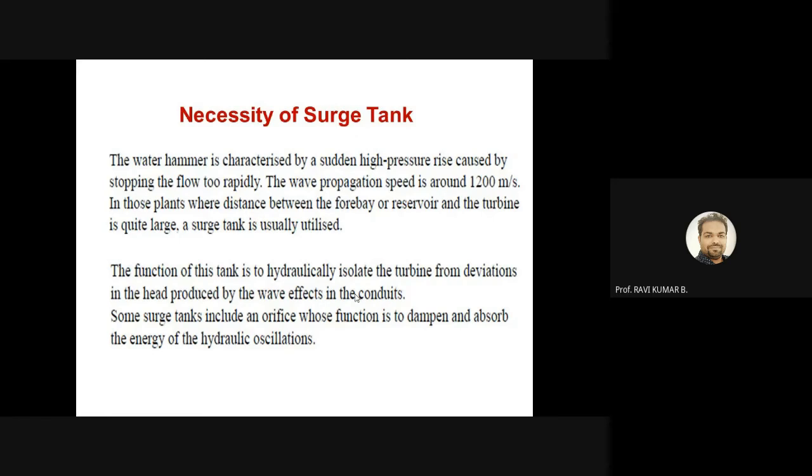So it avoids any kind of fluctuations in the mass flow rate, and due to that, fluctuations in the pressures in the larger length of pipe. So when the length is much bigger, several kilometers, in that case you will be utilizing the surge tank. But for smaller power plants, usually we never use the surge tank.